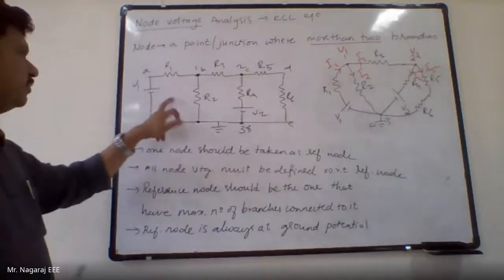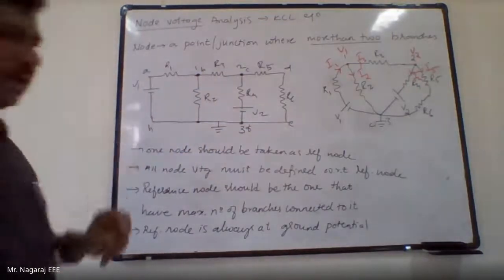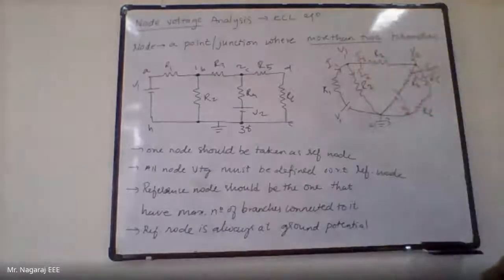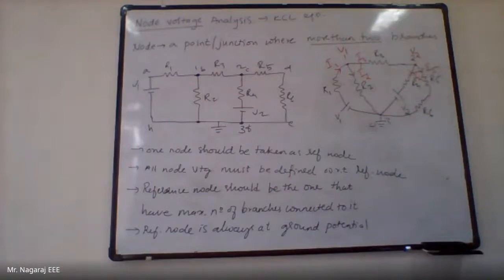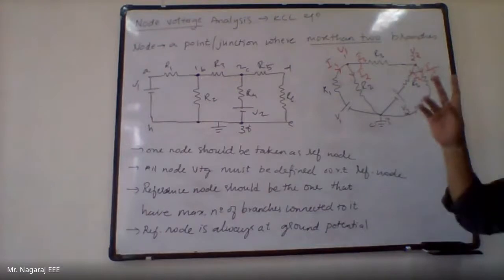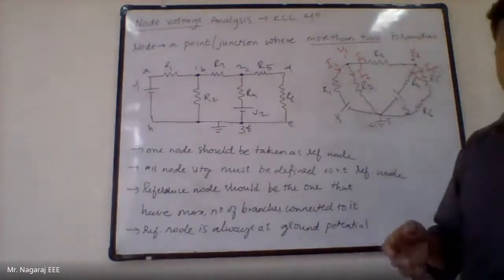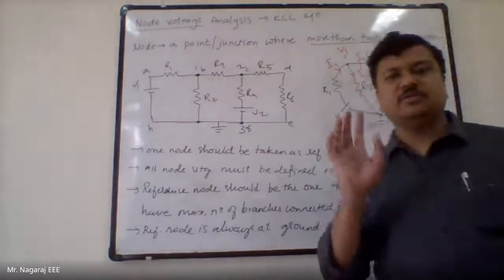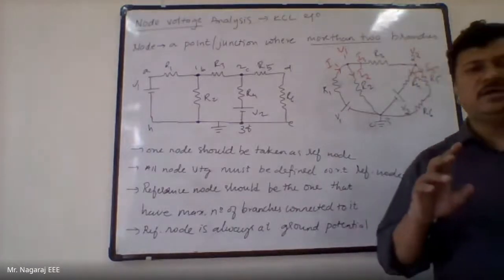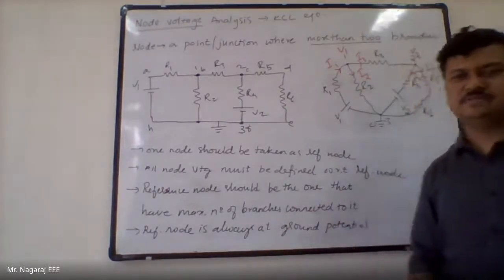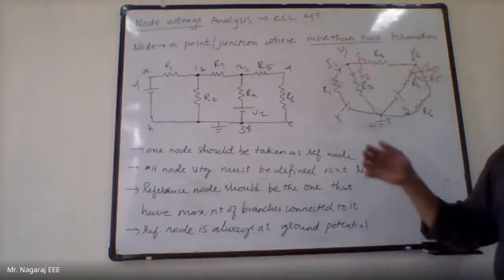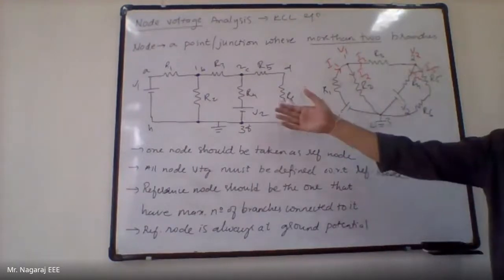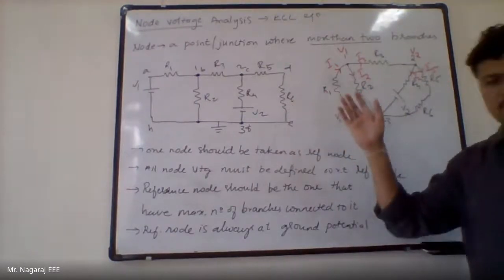You are supposed to write 3 mesh equations, whereas if you write the node voltage equations, you have to apply KCL at node 1 and KCL at node 2. So there will be only 2 equations. For the same circuit, to analyze mathematically, one equation is reduced, so computation is more quick and the computation time is less. It doesn't matter much when I am dealing on board with some 2 loop, 3 loop circuits.